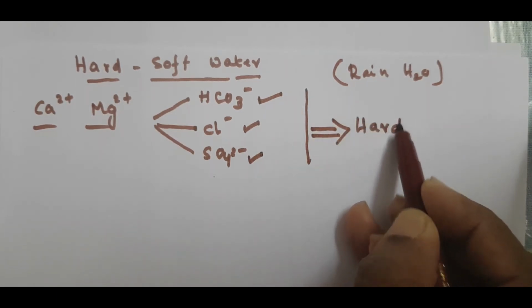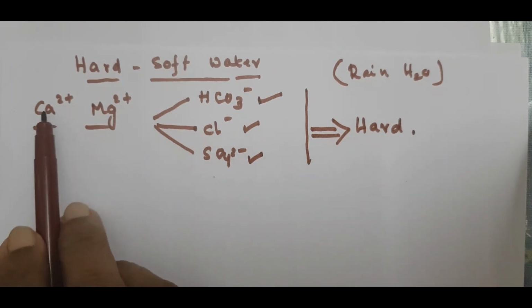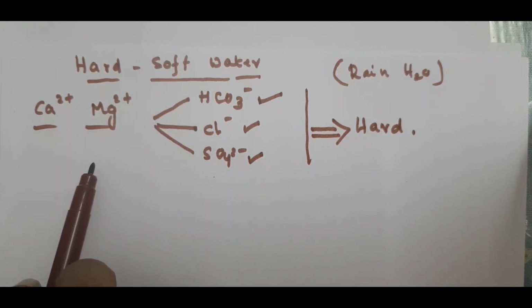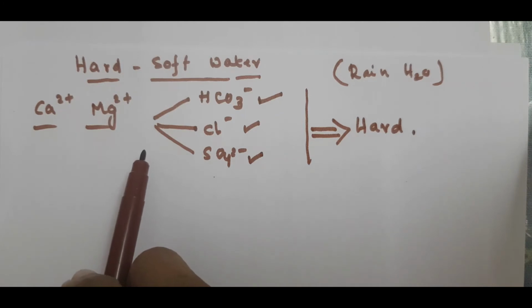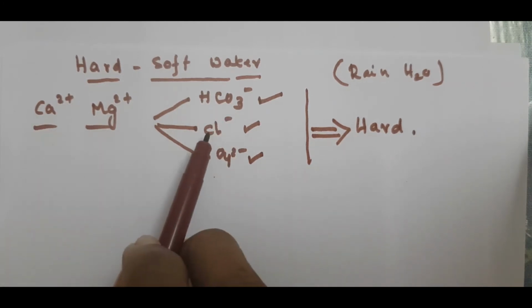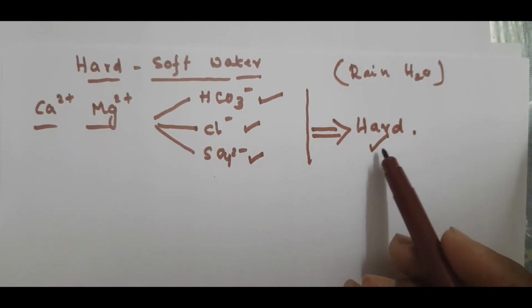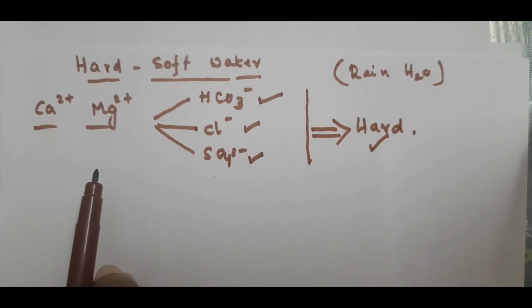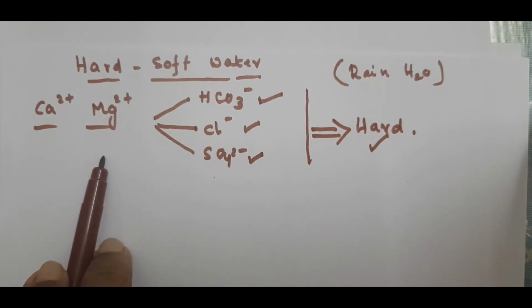That is very important. So which salts make this water hard? The answer is it can be calcium bicarbonate, calcium chloride, or calcium sulfate. At the same time, it can be magnesium bicarbonate, magnesium chloride, or magnesium sulfate. So these salts make the water hard. Correct? Okay. I have told you that we can differentiate hard water and soft water by the reaction with soap. Hard water does not give a lather with soap, whereas soft water will give lather.